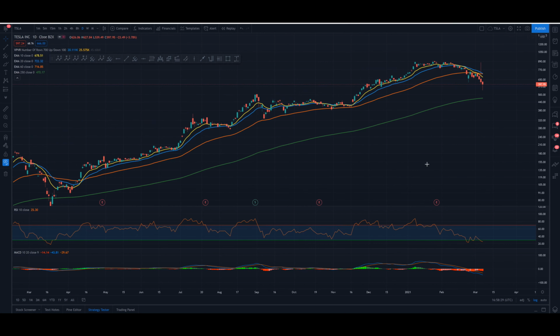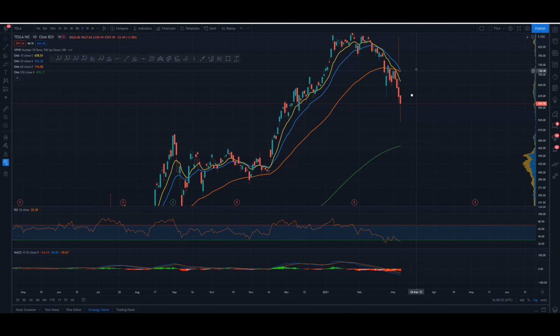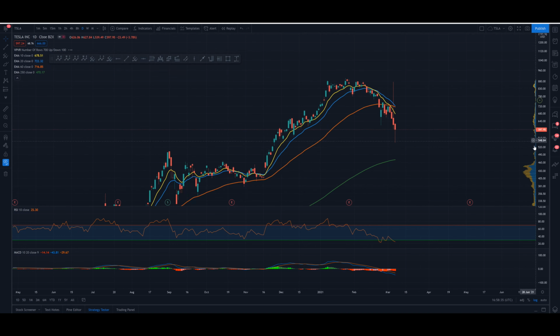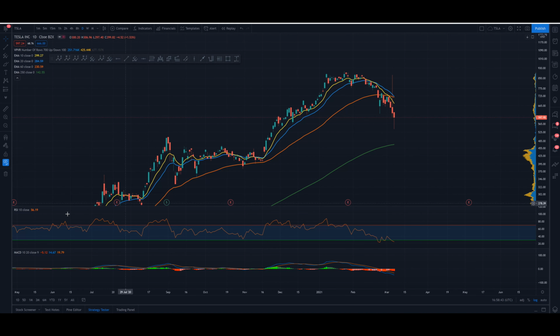So on the daily, let's see how we're doing. Below the 10, below the 20, below the 60, above the 250 on the daily time frame. See this big wick here on the Thursday candle as well, which we do not see on the shorter time frame. Now we had RSI come down into oversold conditions on the daily time frame with a bottom here